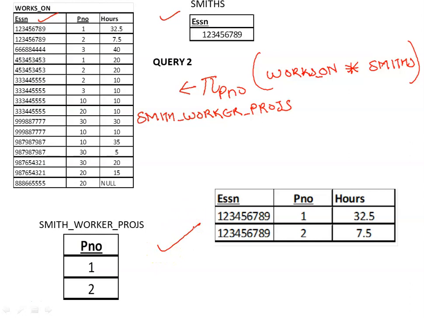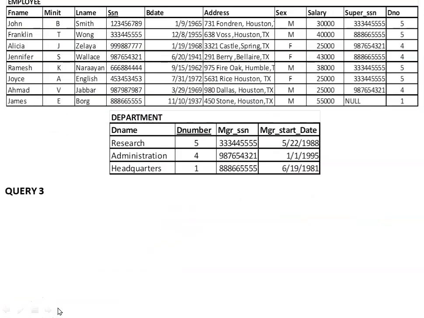Now with respect to manager. In this case I require the employee and the department. So what I will do is apply an equijoin between the department and the employee relation. The join attribute would be manager SSN and SSN. So finally the output of this join operation will be only those attributes of employees who are working as managers.